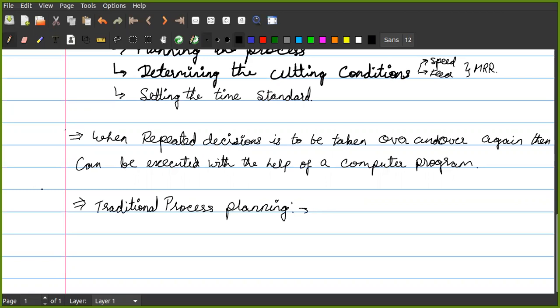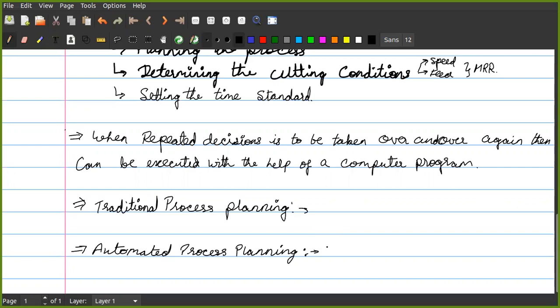Now there is a second type of process planning, which is known as automated process planning, or in other terms, computer aided process planning. In this type of process planning, all the operations which are to be processed by a manual person will be captured by a logic and will be taken by a judgment, and then the decision will be finalized.